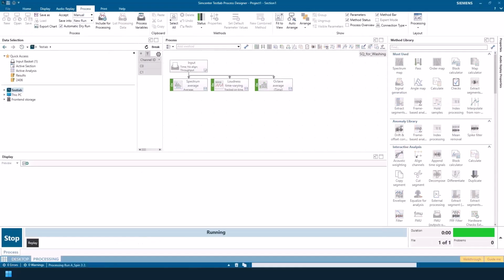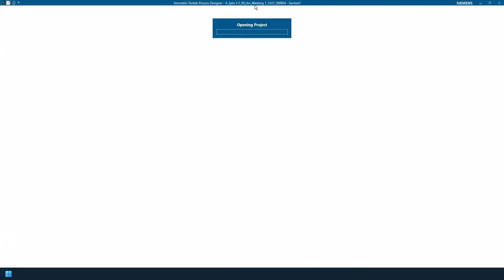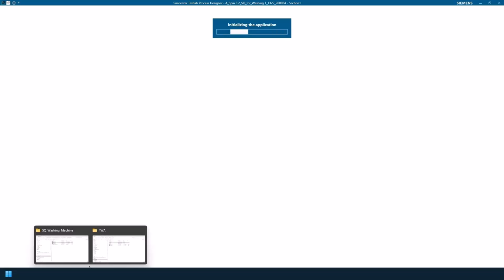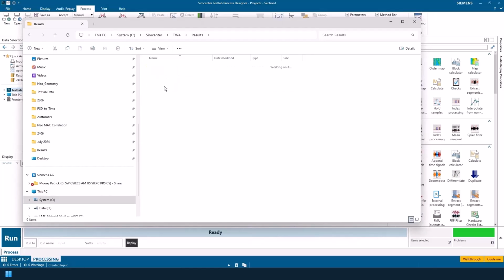It switched over to the Process Designer, loaded that process, and it's going to run that process. It's open project 1. And the next time, if I keep Process Designer open, the next process I run would run process number 2 and start the next process. Okay, now it's saving it to the specific project name. If I look at my results now, under results, there's some quality processing. It just stored this result here.